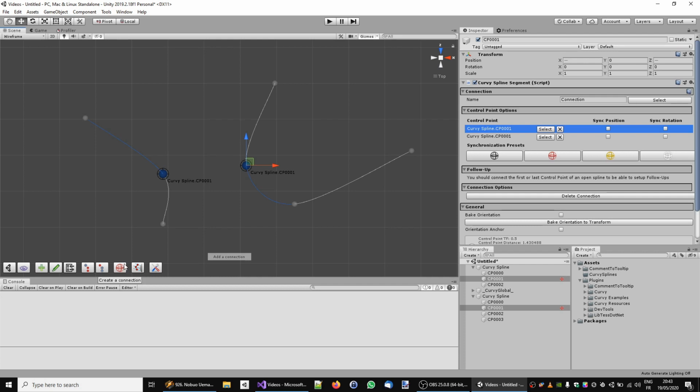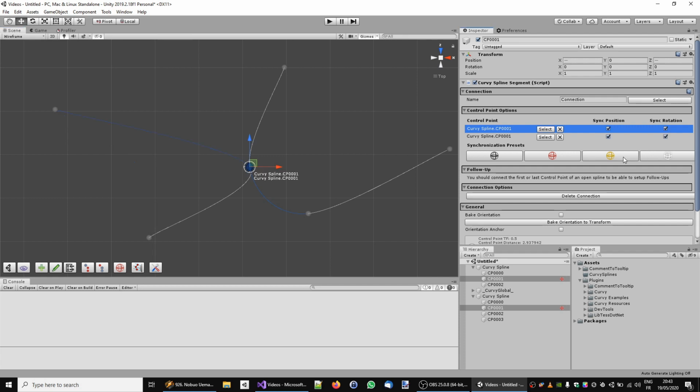So the connected control points have this gizmo, like this sphere around the control point. And the color has a meaning that I will explain when I speak about what you can do with connections. But yeah, what you have to keep in mind right now is that you can create it this way,